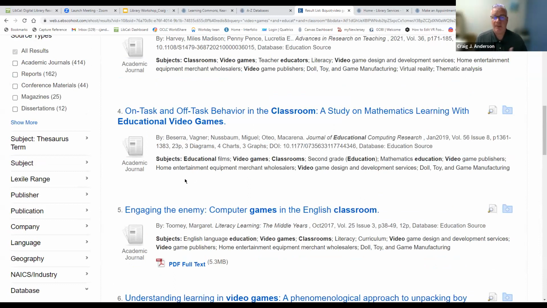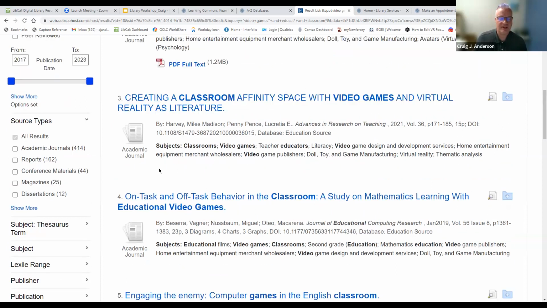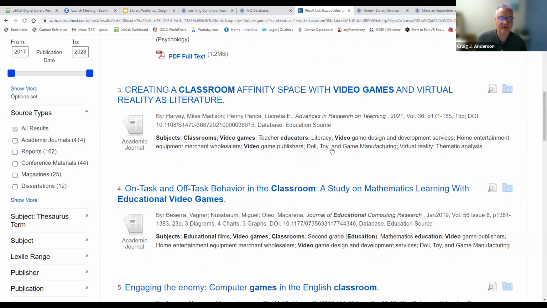That's unfortunate, but EBSCO can still tell you that the article exists. And when I say EBSCO, I mean whichever database you're in. The database can still tell you that the article exists, even though it doesn't have the full text. So in this case, we can always try and order this through interlibrary loan and see if we can order it from another library. That's what we would have to do with some of these that just don't have any kind of full text icon.